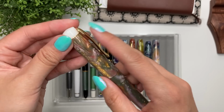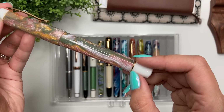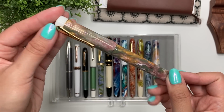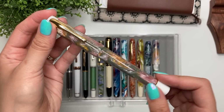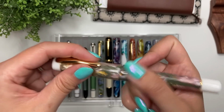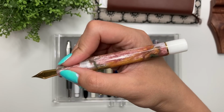And I told him I wanted the clip, the metal on the finials, but I also wanted the interchangeable finials as well. So this pen is completely custom. There's not going to be any other pen that looks like it. So I would definitely repurchase it just because, one, I know that it is mine and it also fits beautifully in my hand,